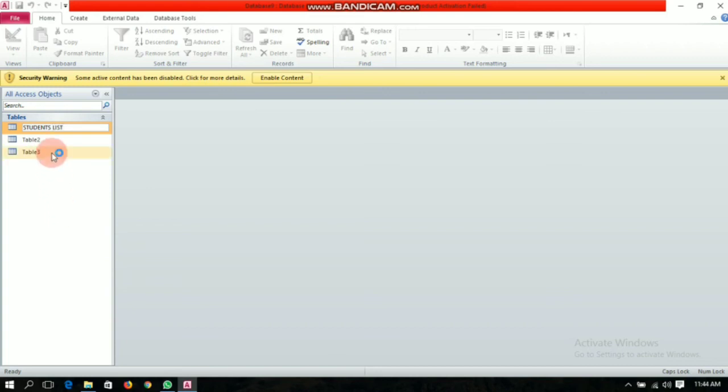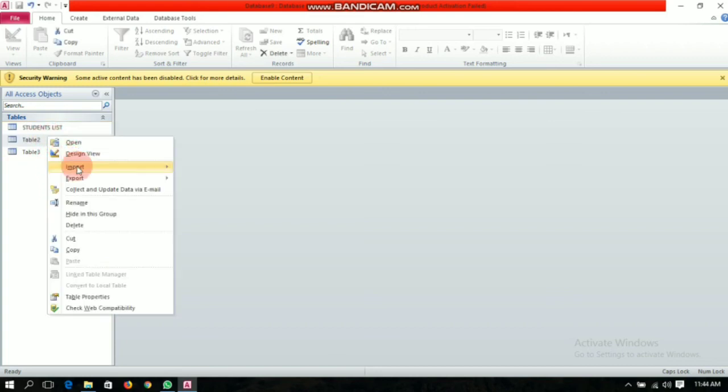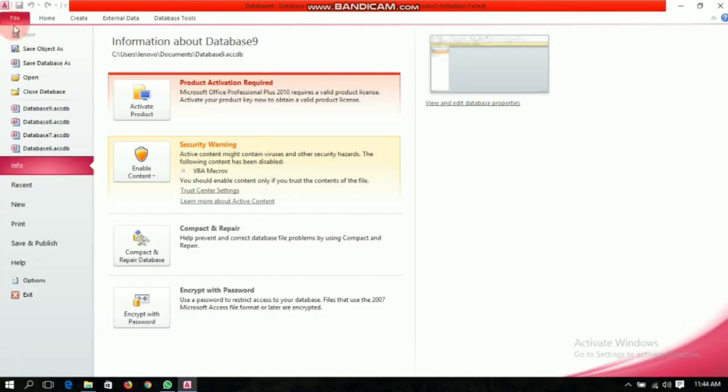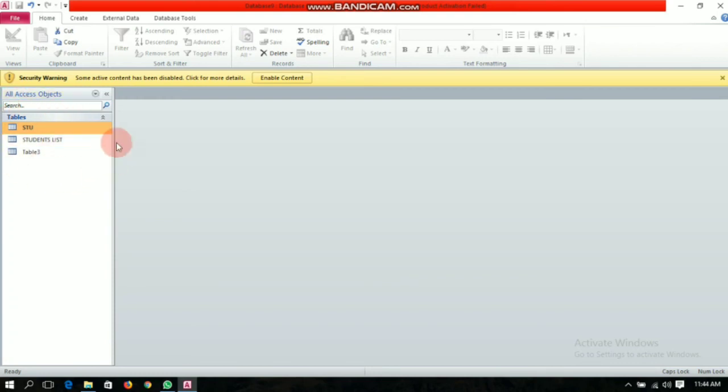You can rename all the tables which you want. And after that you can save it, so your database table names are changed.